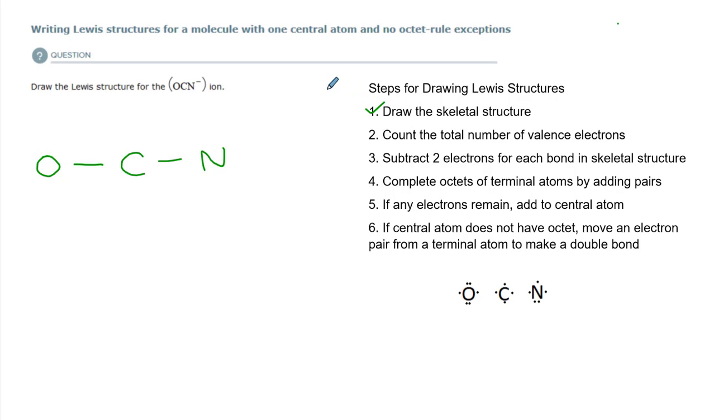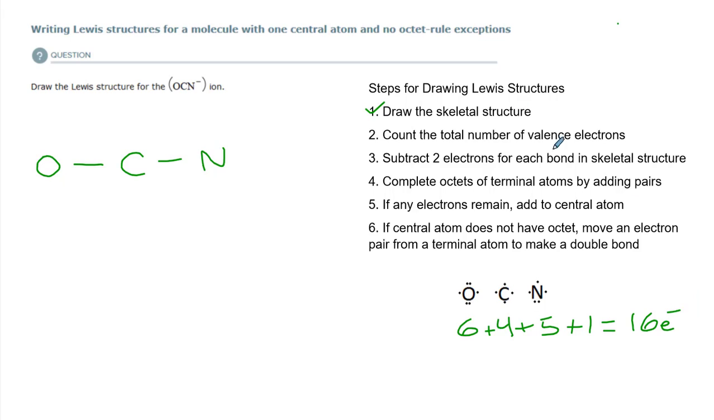Step 2, we're going to count the total number of valence electrons. I have down here, oxygen in group 6 has 6 valence electrons, carbon has 4, nitrogen has 5. And now we have a negative charge on our polyatomic ion. A negative ion means you have gained an electron, so we're going to add an electron here. So 6 plus 4 plus 5 plus 1 adds up to 16 electrons